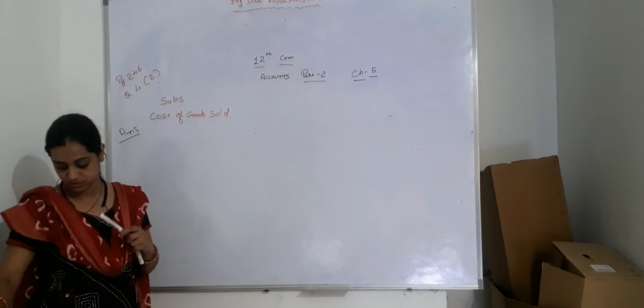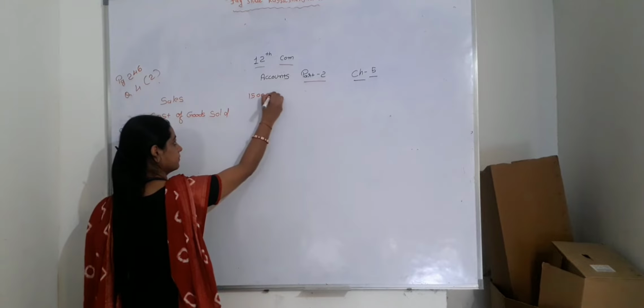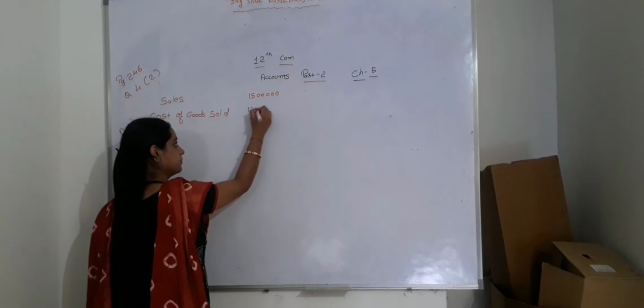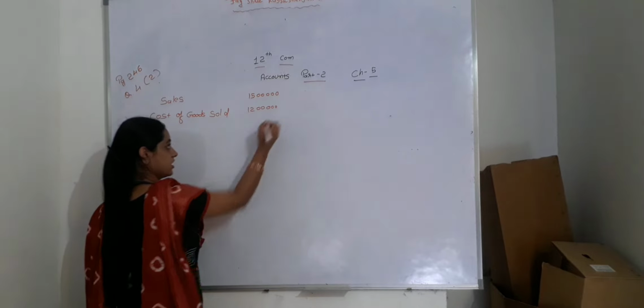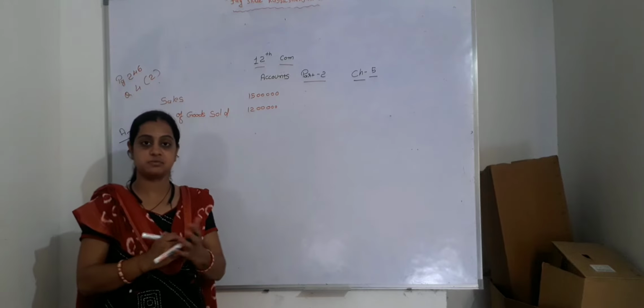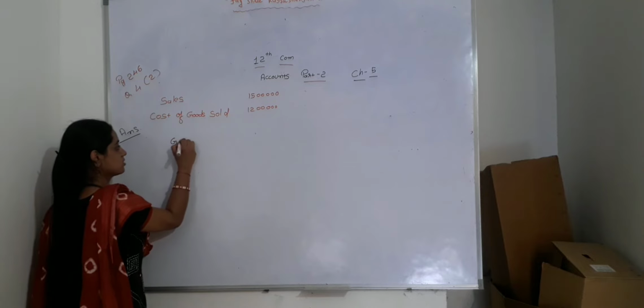In this sum, they have given sales of rupees 15 lakh and COGS is 12 lakh. Again, they have not given gross profit. That means first we have to find gross profit. So the formula for gross profit is